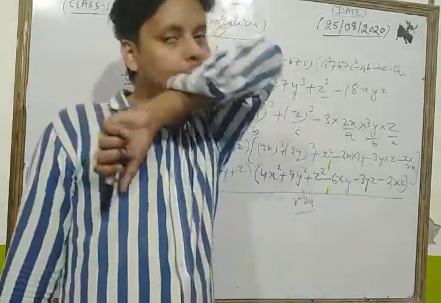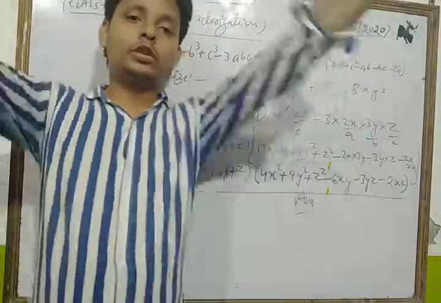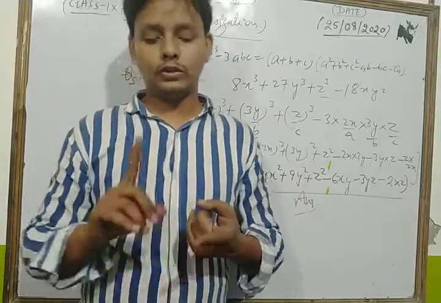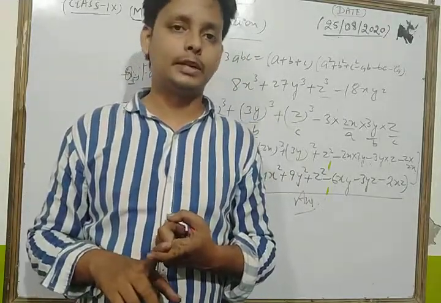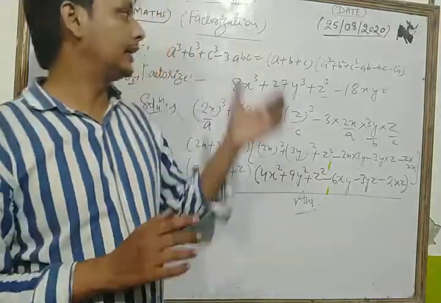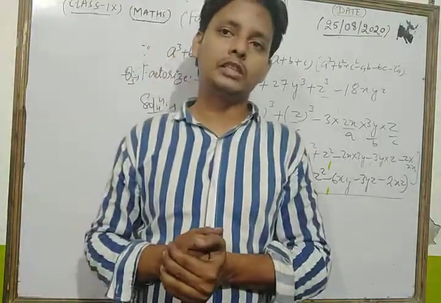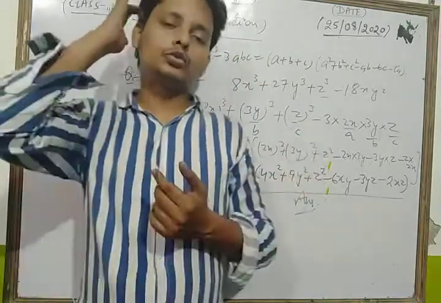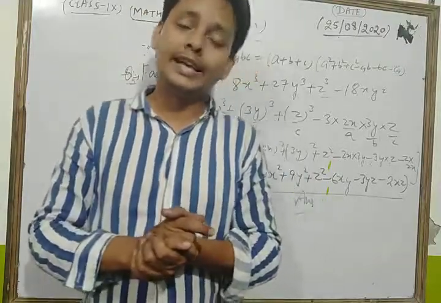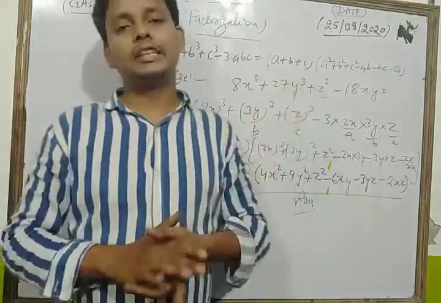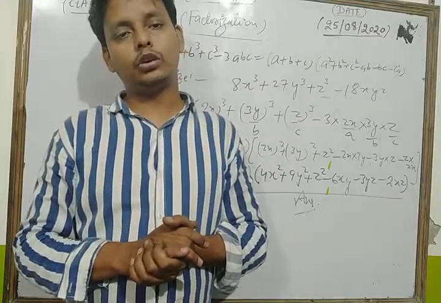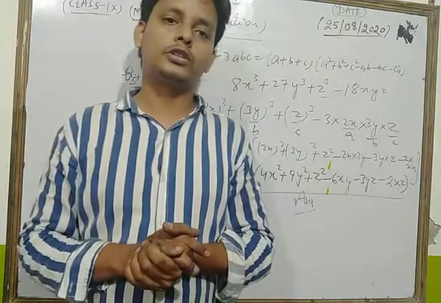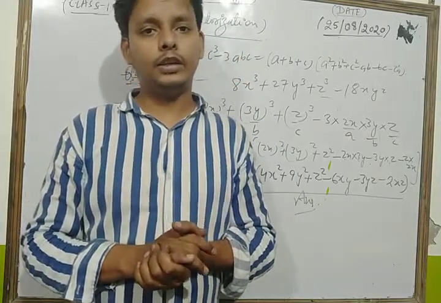So dear student, in this way today we solved questions based on the identity a cube plus b cube, a cube minus b cube. We solved questions based on the identity a plus b whole cube and a minus b whole cube, and also questions based on the identity a cube plus b cube plus c cube minus 3abc. Now you, dear student, revise all the topics which we discussed in this class. After that you can solve each and every question of your NCERT exercise based on these algebraic identities. So revise all the questions and complete your NCERT exercise. In the next class, we will discuss some more important factorizations based on these identities. Okay, thank you.